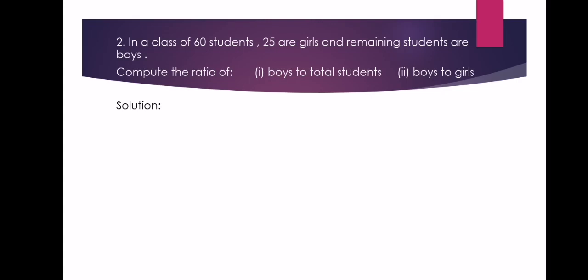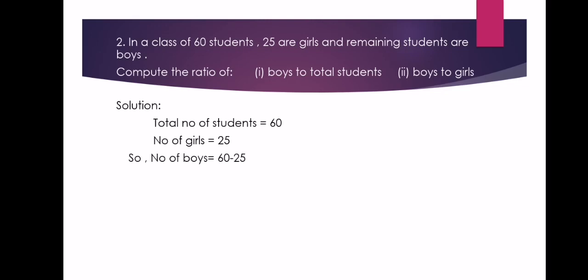Question number 2 is in a class of 60 students, 25 are the girls and the remaining students are boys. What are we supposed to compute? We are going to compute the ratio of number 1, boys to the total students, number 2, boys to girls. So first we will have to find out the number of boys in the class. For this we have written that total number of students is equal to 60, number of girls is equal to 25, then obviously the remaining would be boys, that is number of boys is equal to 60 minus 25 is equal to